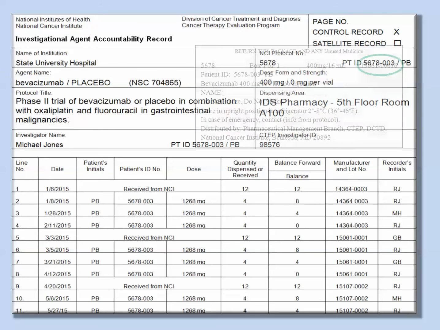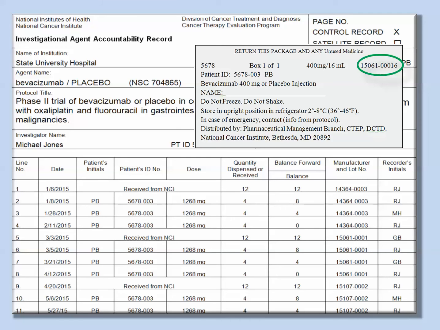The Julian date and order number in the upper right-hand corner of this label are used as the lot identifier. The Julian date is a code for the exact day of the year, and the order number is the sequence order number processed on that specific day. This is a unique identifier to this patient supply. Refer to the agent receipt video for more information.